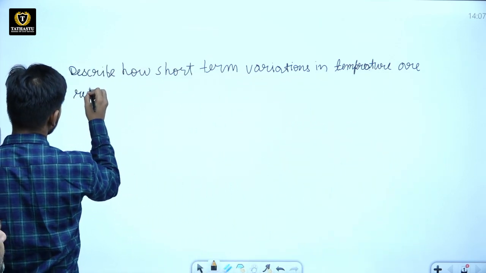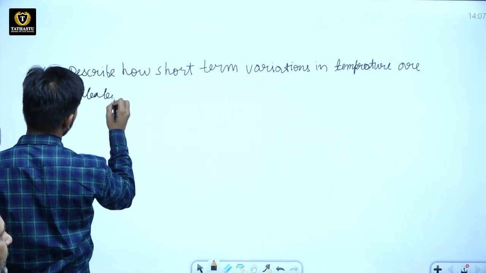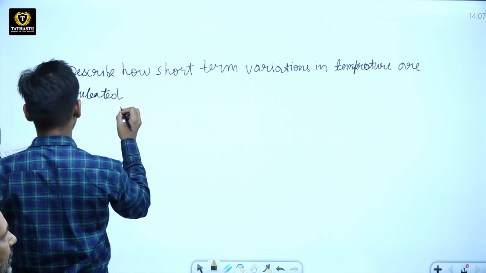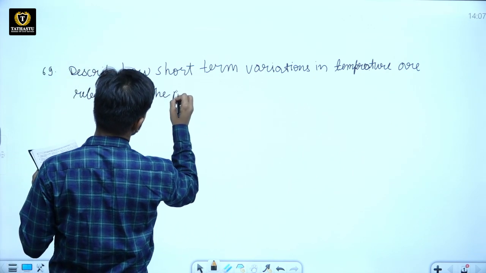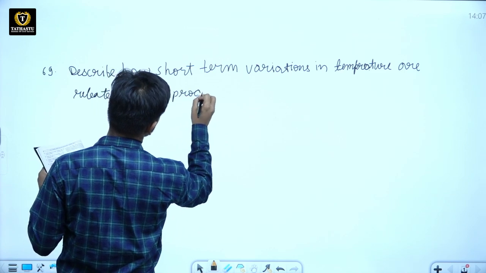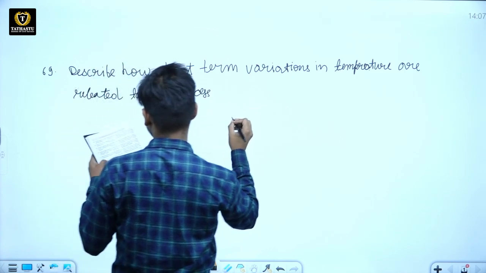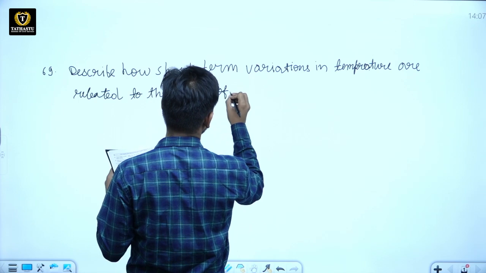Question is, describe how short-term variations in temperature are related to the processes